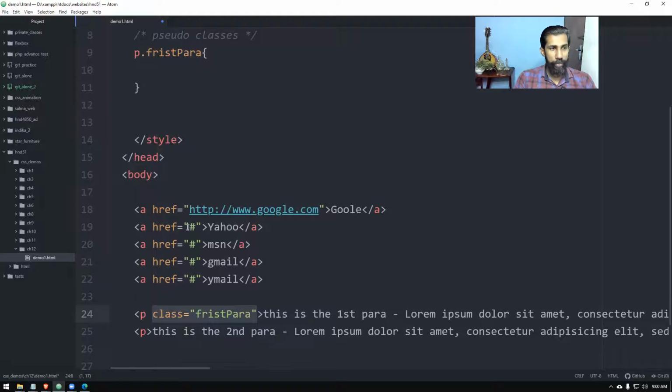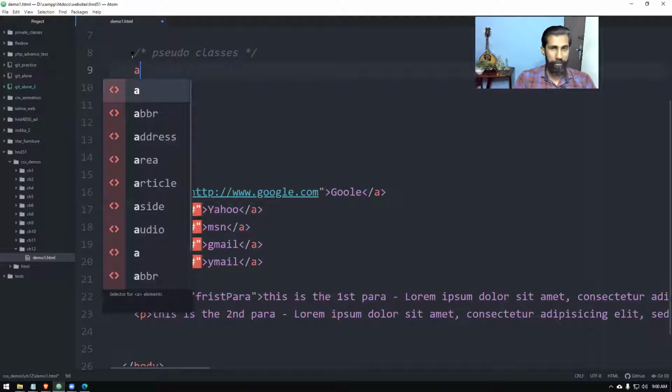When you want to refer to these anchor tags, you can see only the attribute href is there, nothing else inside the tag. When you want to work with them, there are built-in classes, so you don't have to give names for them. Watch this. Now when you say a, it refers to the links, right?